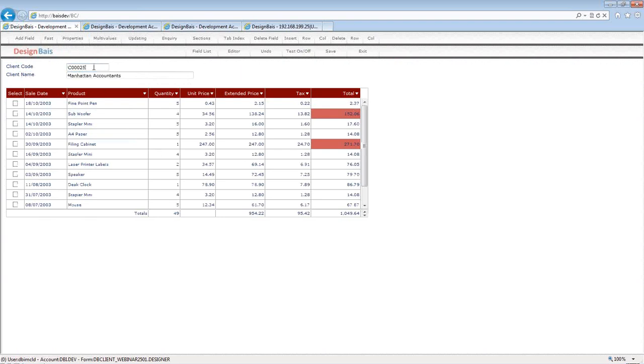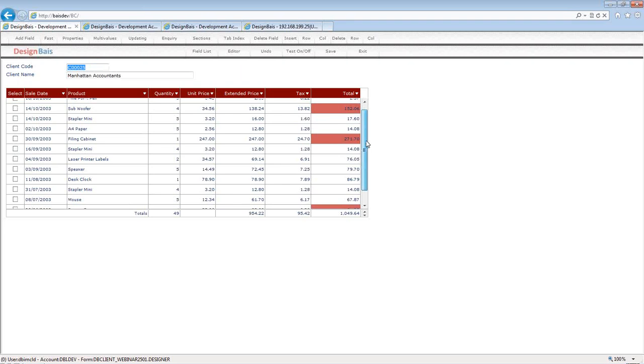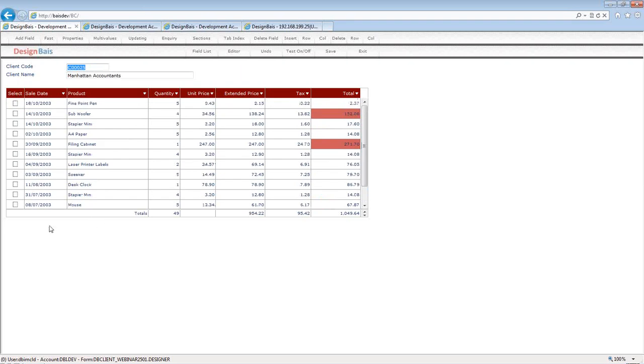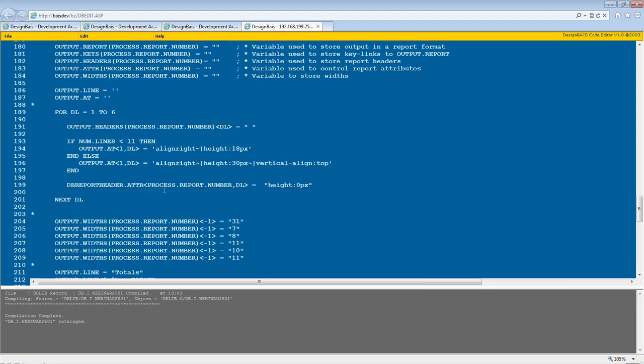You can see here C0025, the client, has more than 11 lines in the on-form report. And what I've done is I've set the height of this totals column to be greater than what is allowed by this particular on-form report. So it's put a little scroll bar there. And what that's done is effectively made this on-form report the same width as the on-form report above it. If I don't do that, and I'll just demonstrate this, if number of lines is